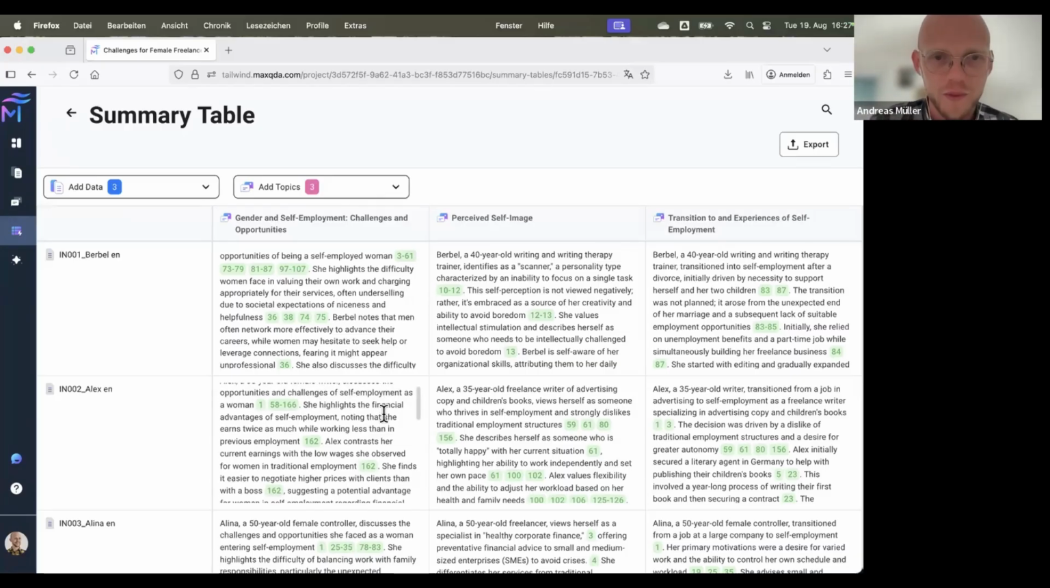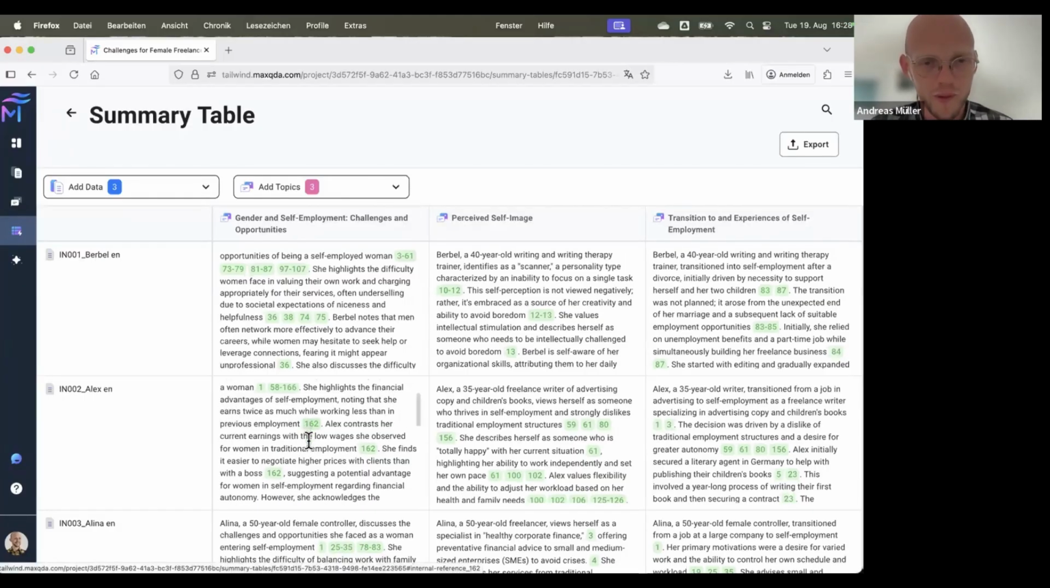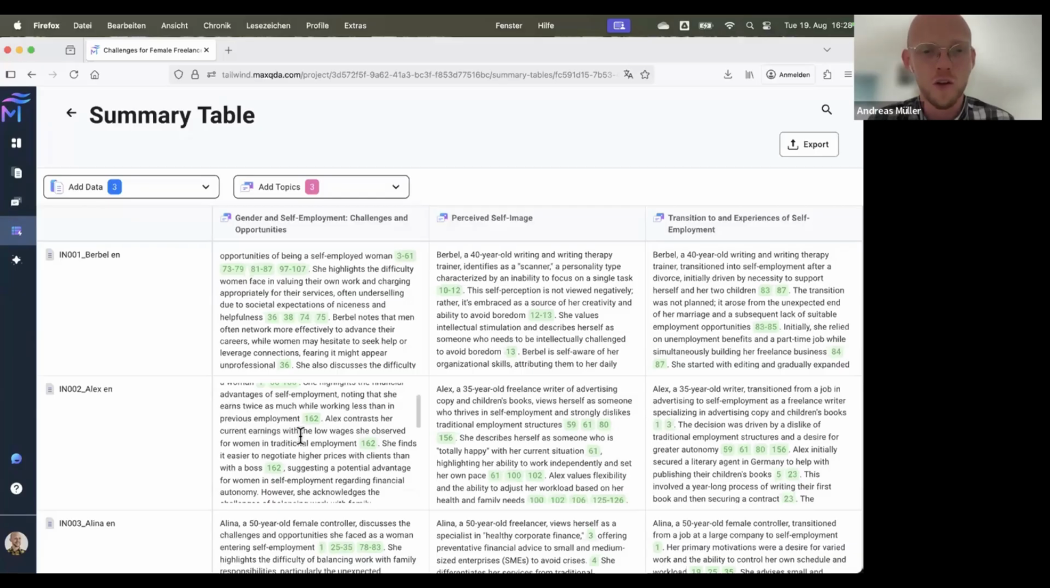She highlights, so you see this has a similar structure here, the financial advantages of self-employment, noting that she earns twice as much while working less than in previous employment. Alex contrasts her current earnings with the low wages she observed for women in traditional employment. This is actually a contraposition,